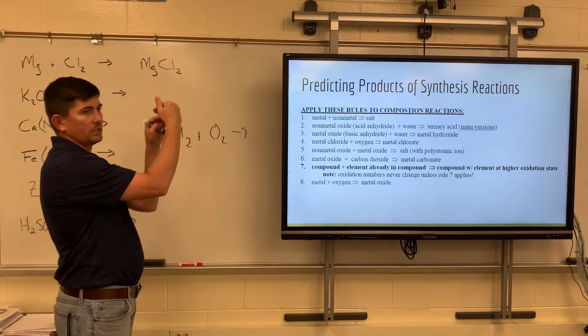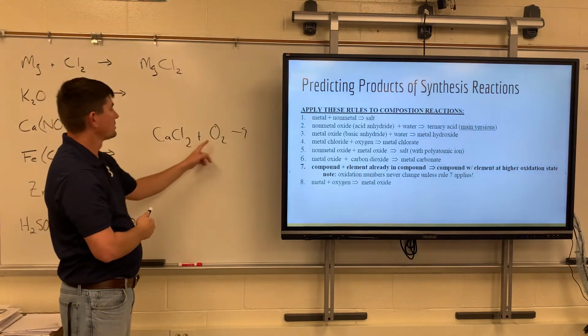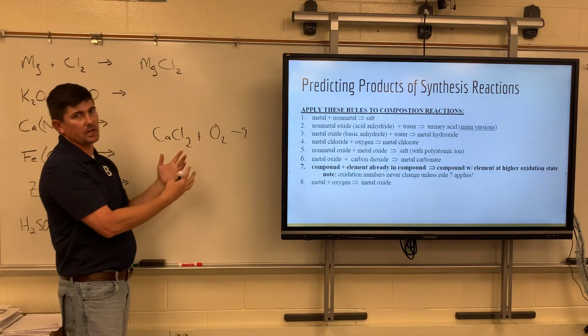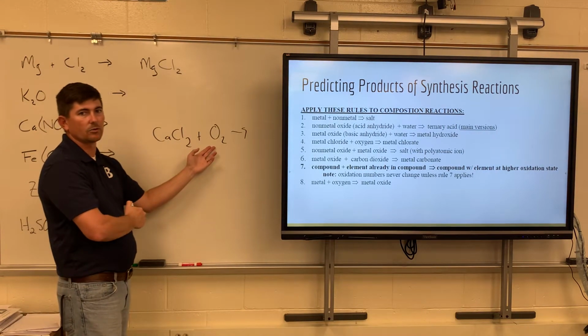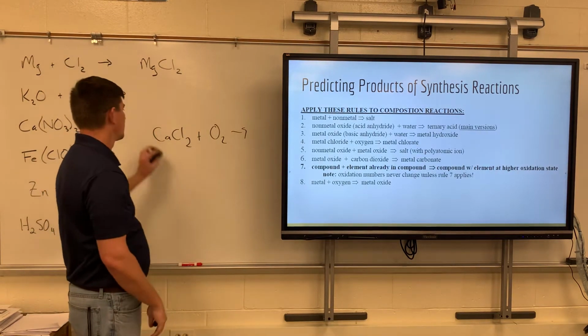When you look at your list of nonmetals for the single replacements, it's just the halogens, right? So that says, okay, that's not going to happen. It's not a single replacement, so that means it must be a synthesis, right? The synthesis can kind of look like the other ones. Okay,